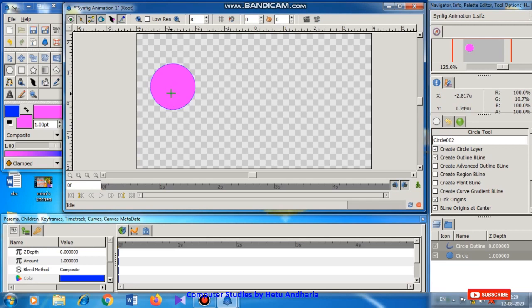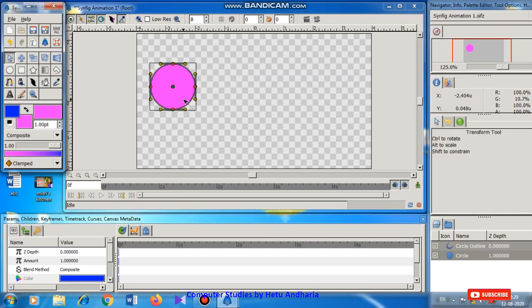Here you can see that the circle is filled with pink color and blue color is the outline of that circle. Now as I told you, it will be reflected here, and after drawing the circle, this will disappear. Now if I want to select the circle, I have to click on this tool, the transform tool. Remember this arrow, which is the same as my mouse pointer. When I click here, that circle gets selected and the tool options disappear. Now these tool options will never come.